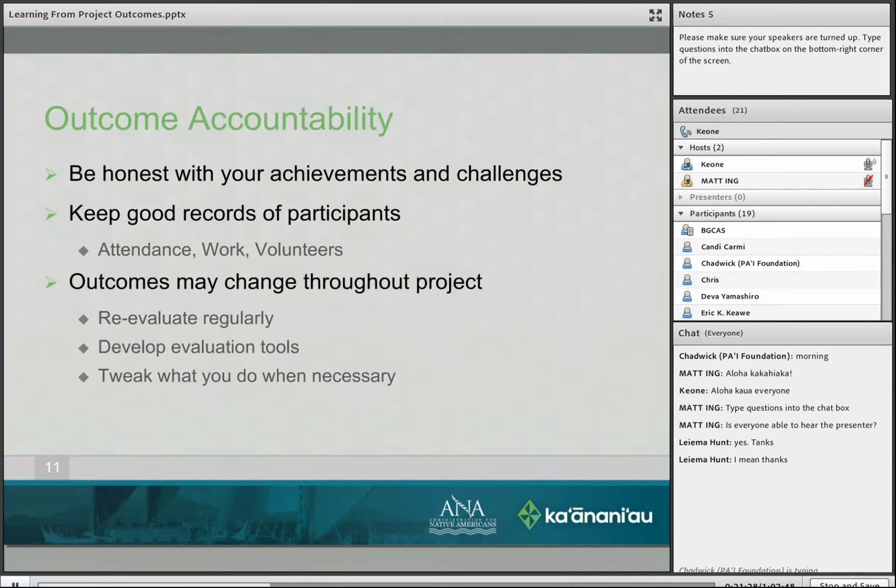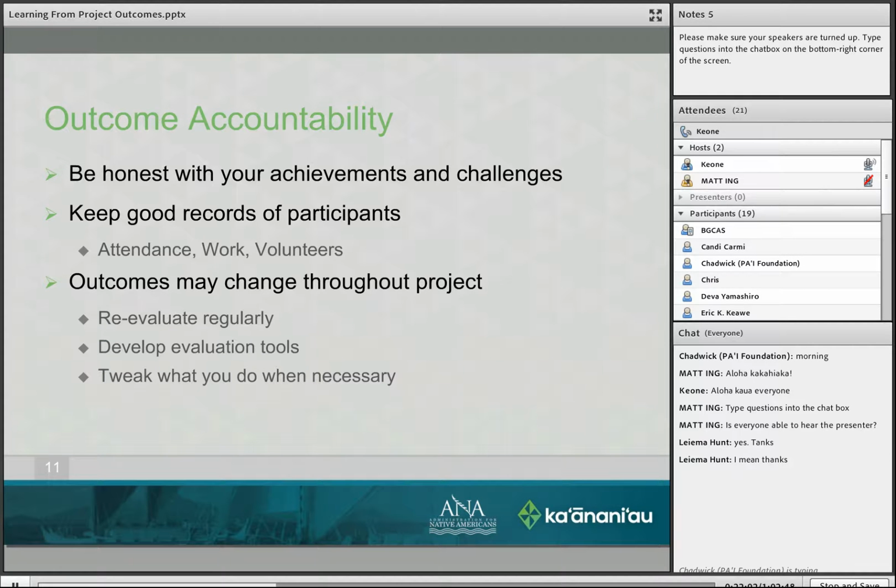And just realize that you can tweak what you do when necessary. Don't think that everything is written in stone. Even though you might have thought that this outcome is going to be the best for your project and for your community, halfway down the line you find out that there are some other things that need to go on before the successful completion of this outcome.